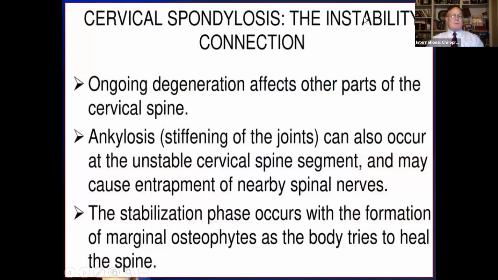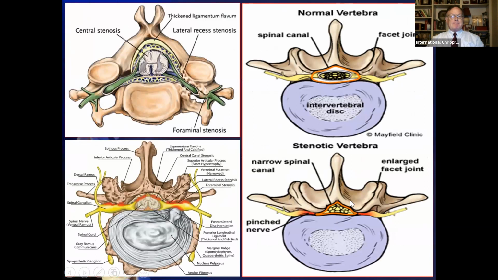And cervical spondylosis, instability connection, we just talked about. Hypermobile ligaments create an ankylosis or stiffening and hypertrophic changes of the spinal axis. At some point in time, you can have so much osseous hypertrophy of the facets and the uncinate processes and the ligamenta flava that you might have to have surgical decompression. But here's a nice normal central canal, but it's tight on this side, compressing the cord. If you're getting leg weakness, muscle atrophy, then you need surgical decompression because of the 3 symptoms that you have